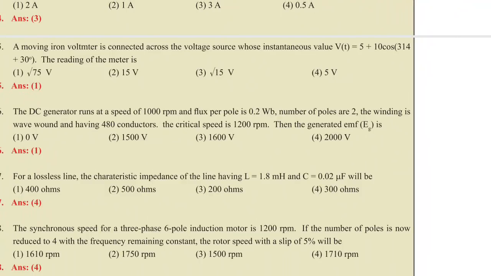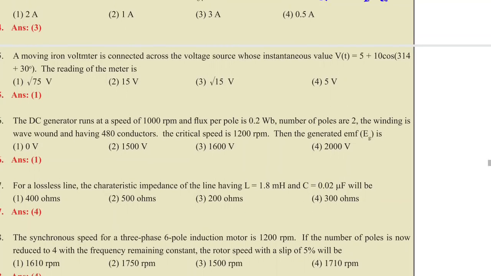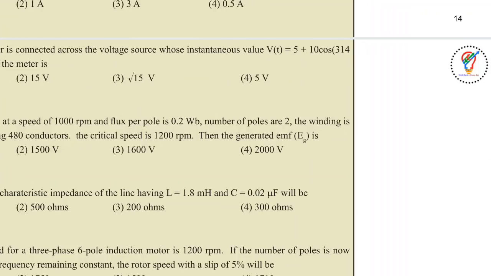Alright, a moving iron voltmeter is connected across a voltage source whose instantaneous value is V of t equal to 5 plus 10 cos(314t plus 30 degrees). So the reading of the meter will be, so moving iron meters will read only the RMS value. So V of t RMS is equal to the square root of, this is the average value now,